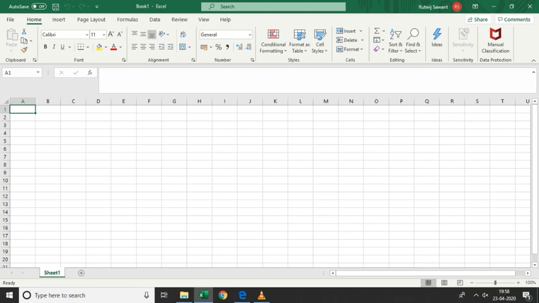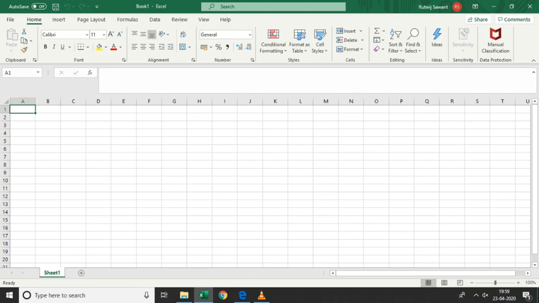Within the font group, whatever you use, you can use the same commands within MS Excel, like changing the font style, changing the size, making your text bold, italic, underline, changing the color of your text, and aligning your text. But the alignment is slightly different from what we were using in MS Word and PowerPoint. In Excel, I'll explain the details about that. First let me complete the screen components.